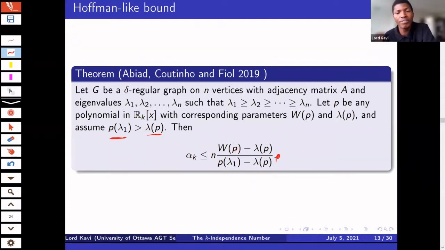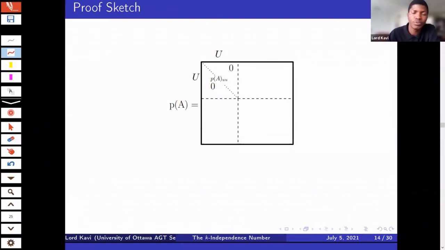Observe that this bound is a function of p. How good it is depends on our choice of polynomial p. Let me give a quick sketch of the proof. The same way, we go for interlacing. So what do we know? P of A is a polynomial of degree at most k, then we know that